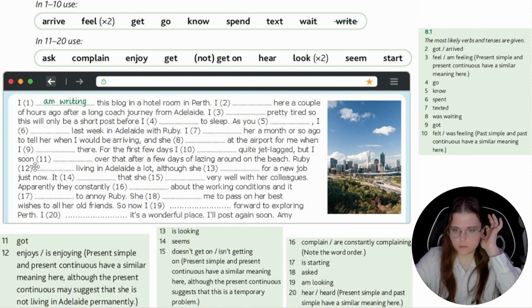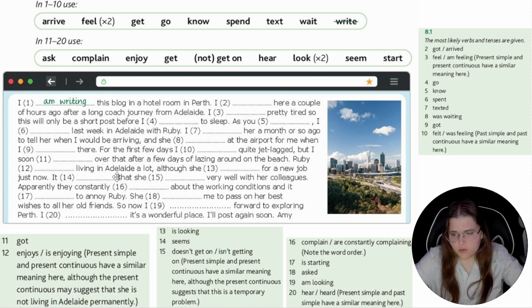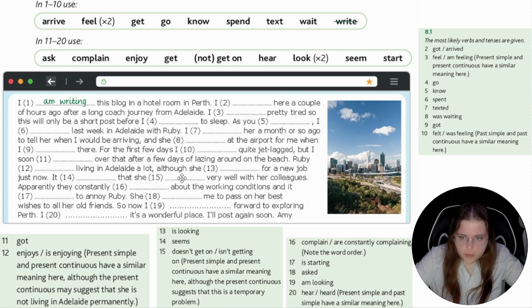Well, next, although it seems that she doesn't get on or isn't getting on well with her colleagues. It seems, seem is a state verb and we have to use it in present simple, but she isn't getting on if it's a temporary problem, and if she doesn't get on very well always, permanently, then present simple. Apparently they constantly complain or are constantly complaining